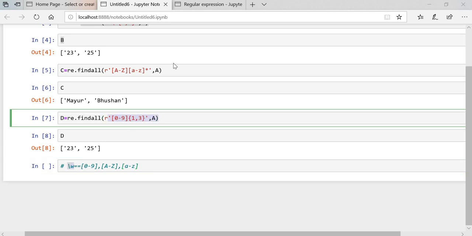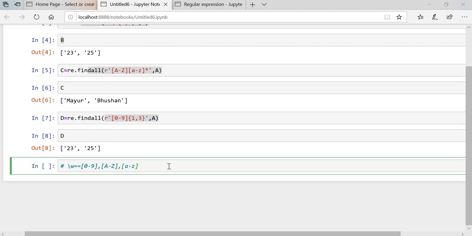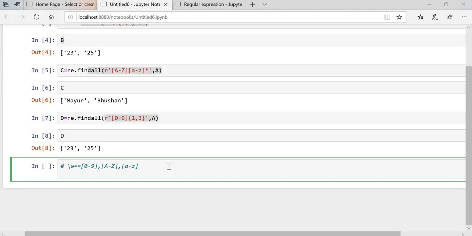No need to put it like this. We'll take slash w with an example. We'll create one function, one loop, to check if a mail ID is correct. If we put in a mail ID and that mail ID is correct, it will show that this mail ID is valid. Otherwise, it will show invalid mail ID. Okay, we'll take that example.